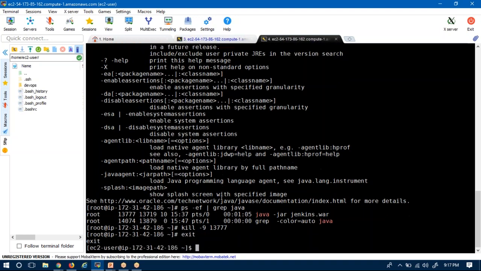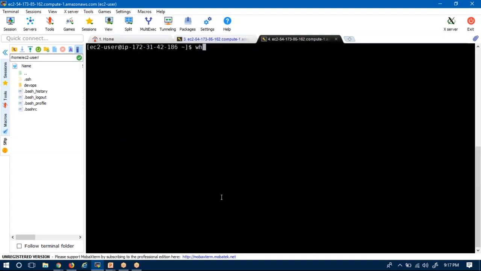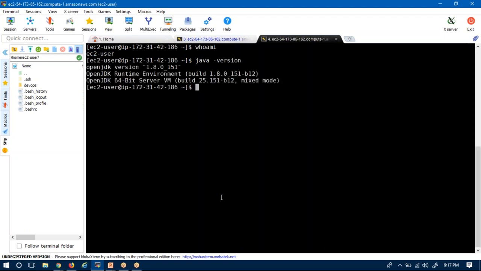And now see, I moved into the ec2-user. As of now I am under ec2-user. For ec2-user also I am going to check the Java version. It is 1.8, no problem. We can run our Jenkins server with this Java 1.8.